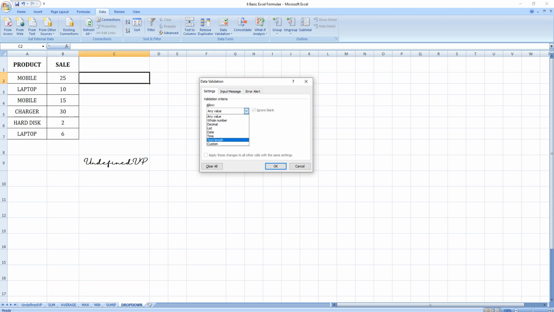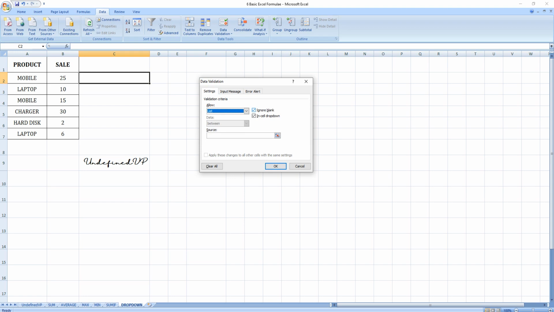This is an example for a drop down. Whenever you click the arrow there, one list will come out, and that list will have n number of records. So in this drop down, select List. Once you select List, these two checkboxes will be checked.